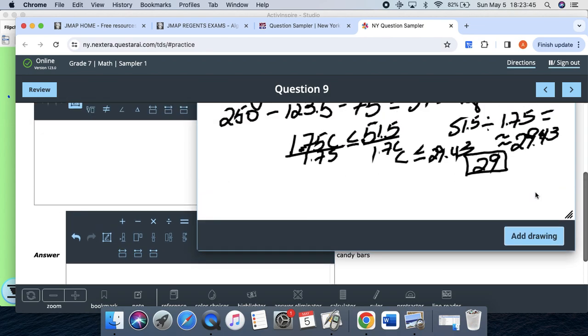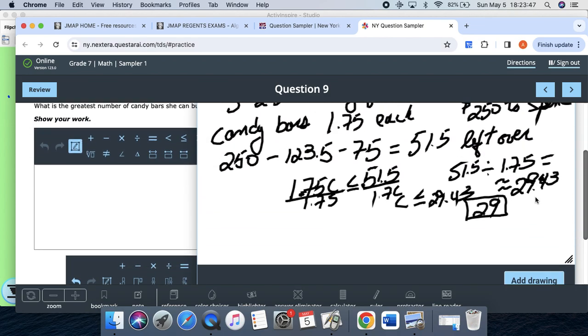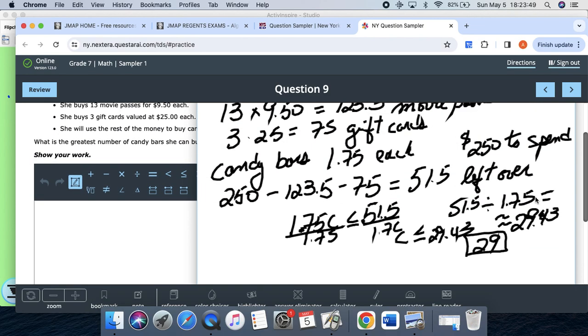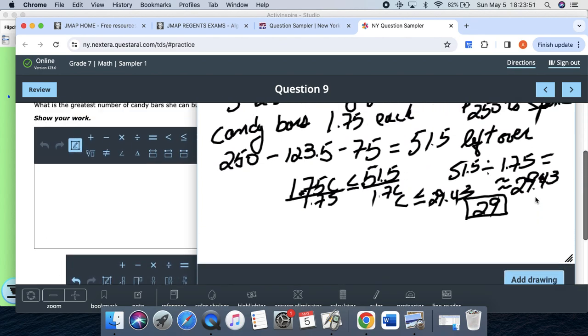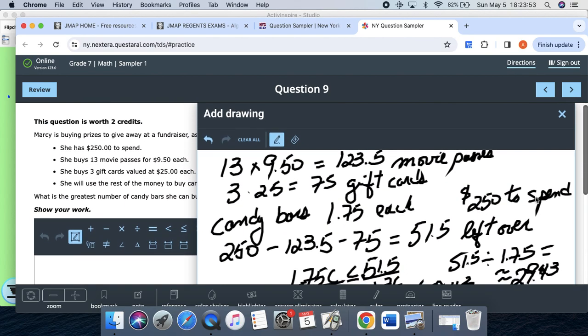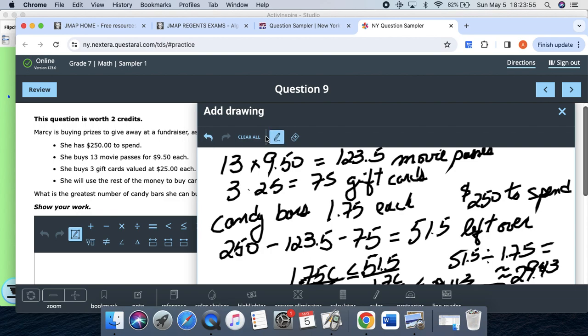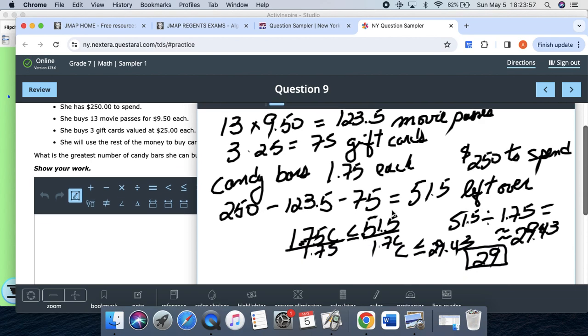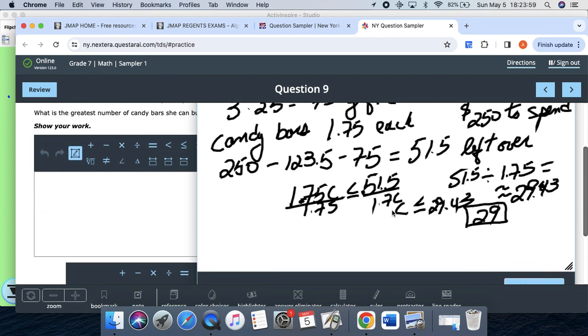oh, you can scroll using your fingers, okay? So again, you have a touch screen tomorrow. So if you scroll with your fingers, you will still have the pen highlighted. See how the pen is highlighted right now? And if I use my fingers on your pad, that'll scroll down, and then you can write the greatest number of candy bars